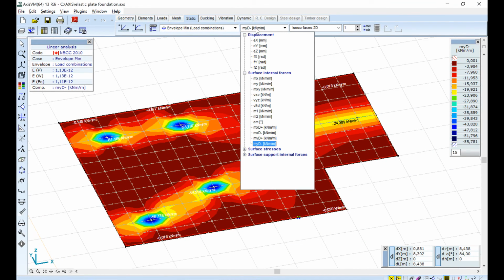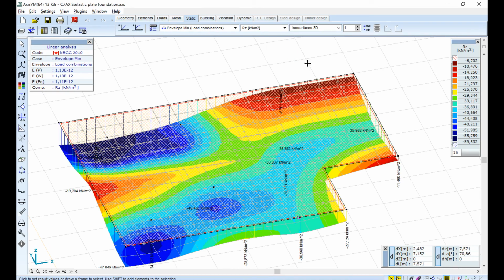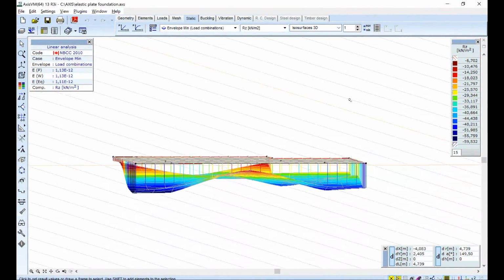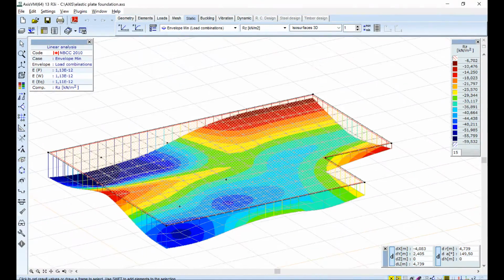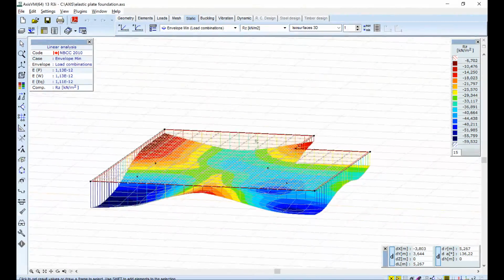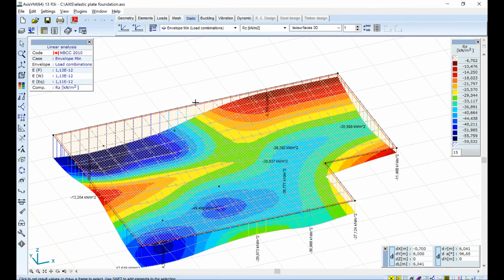So as for the reaction force, I can check it on a three-dimensional load result as well, and it can be seen that the maximum reaction force is about 60 kilopascals. So this shall be the basis for ground pressure